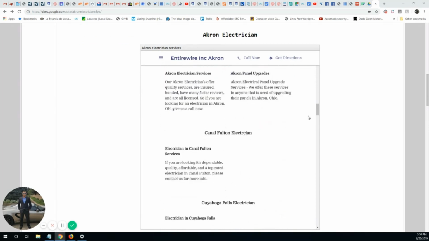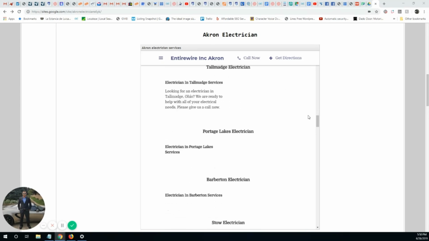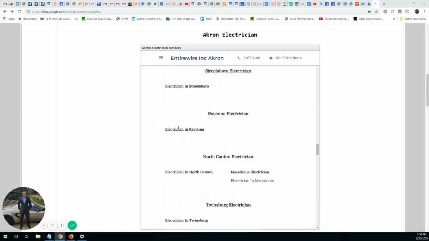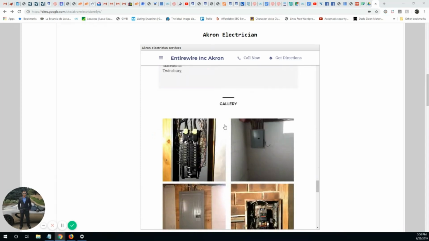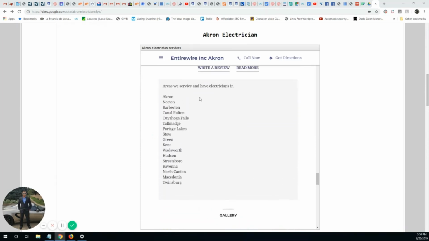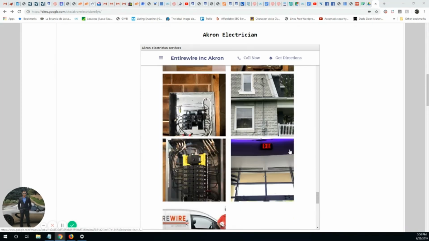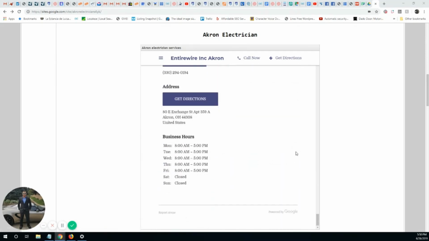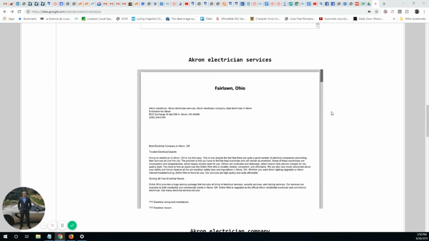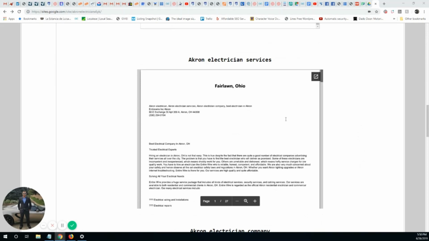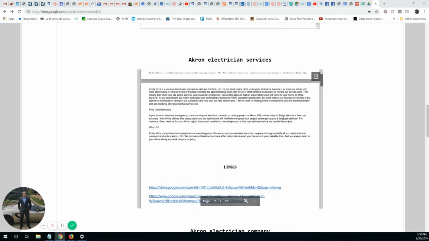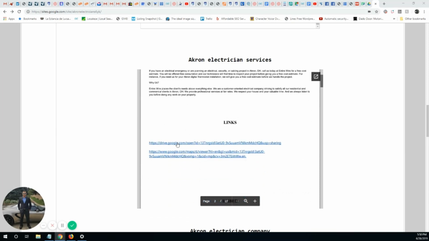Now, if you don't know a lot about the Google business site, head over to our GMB optimization. It talks a lot about that and what it is. As you can see, all the services are embedded in here. We even have cities that we have added specifically into this Google business site. And then we have another embed in this Google site. This specific embed is